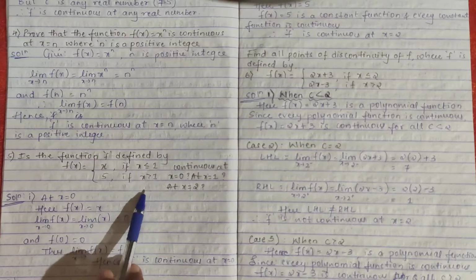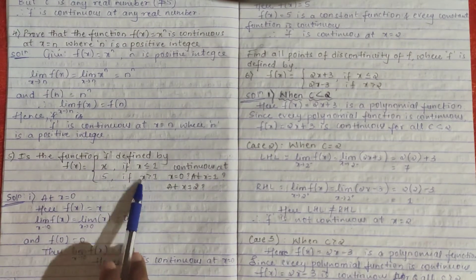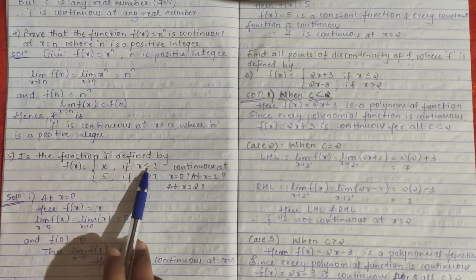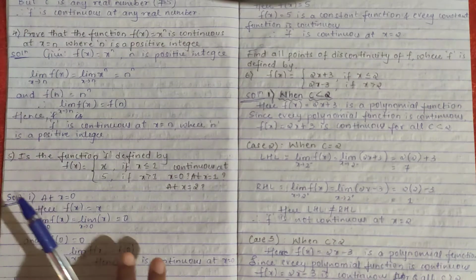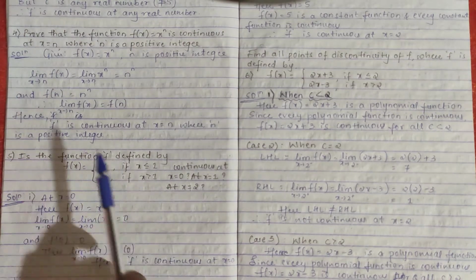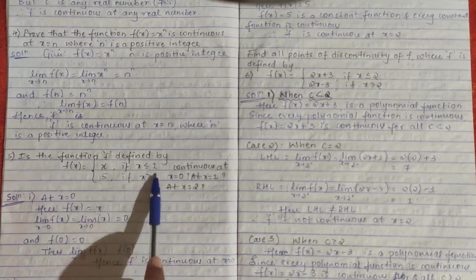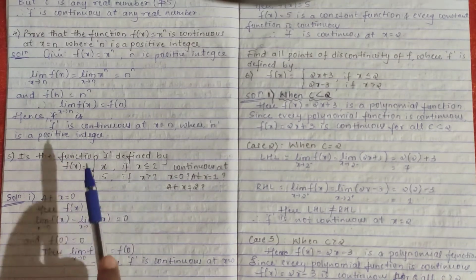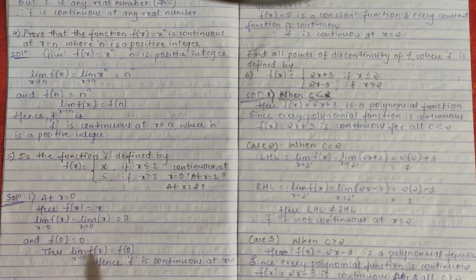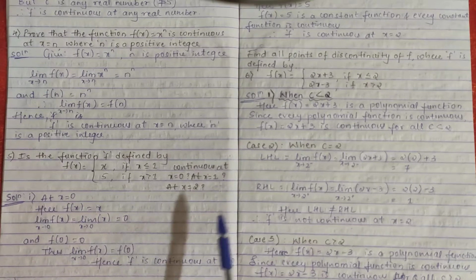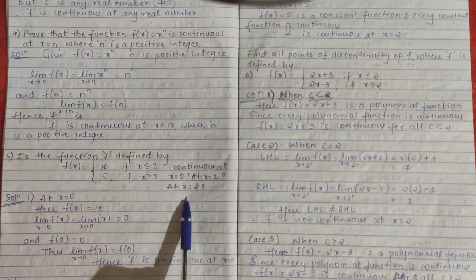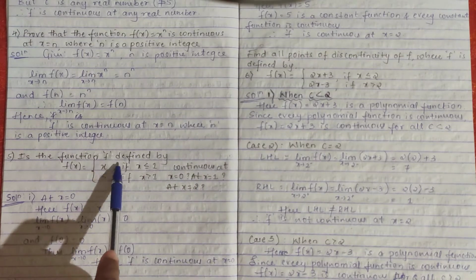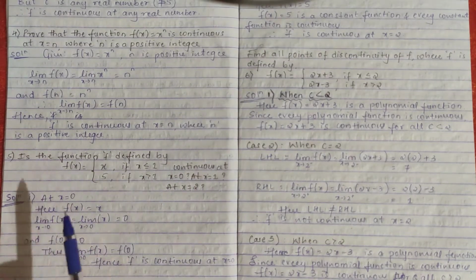In branched functions, for case 1, less than, directly take the limit as previously and find the value at that point. For greater than also, in the same way, only the limit and the value at that point. But for equal to, you have to take the LHL and RHL. So let us see the solution. Here they have asked us about continuity at x is equal to 0, at x is equal to 1, at x is equal to 2. So at each of these points we have to check whether it is continuous or not.